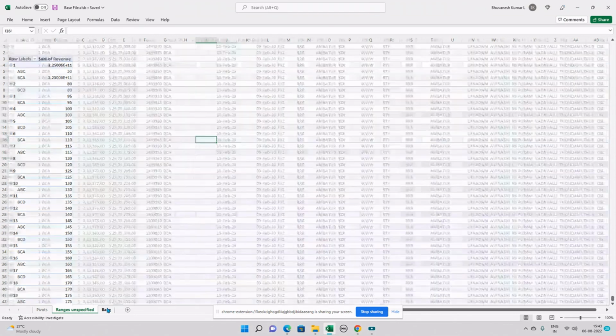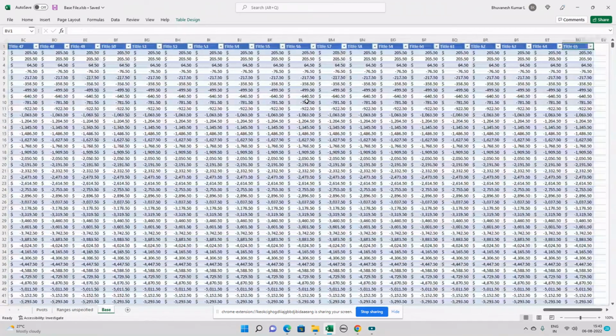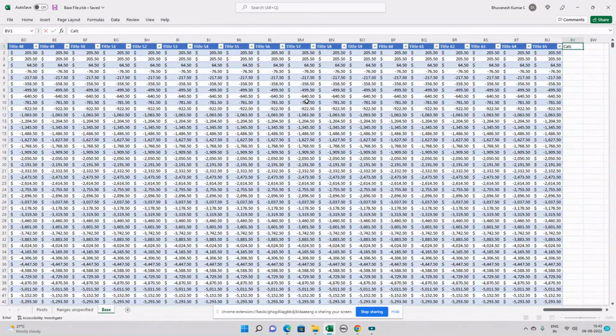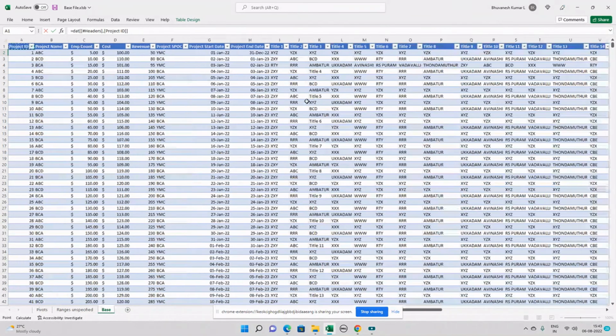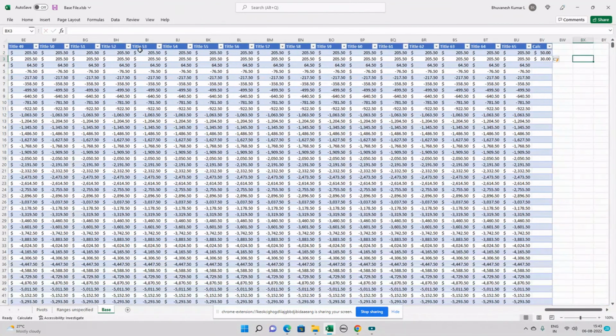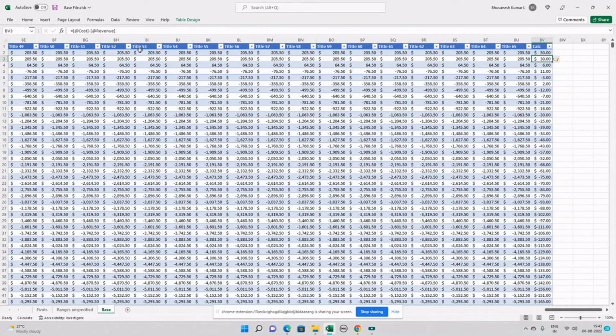So, if I want to do, let's say, cost minus revenue. Let's see the value. I have not copy pasted anything. So the one advantage of the table is that if I type the formula in first